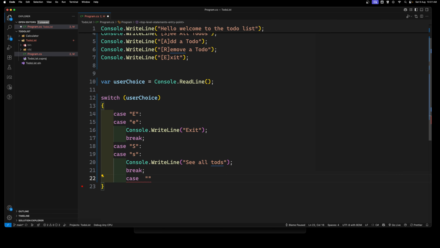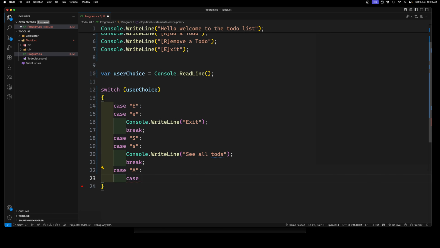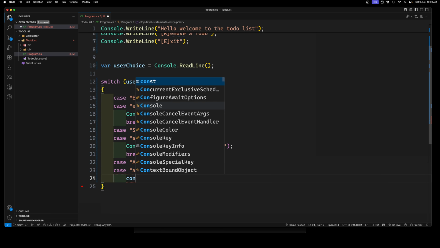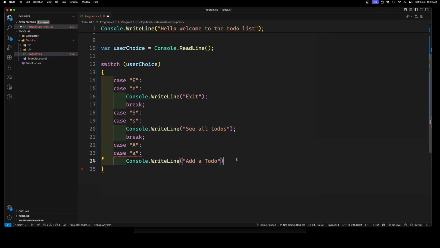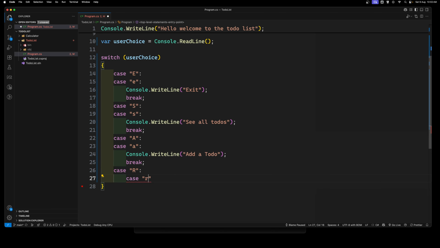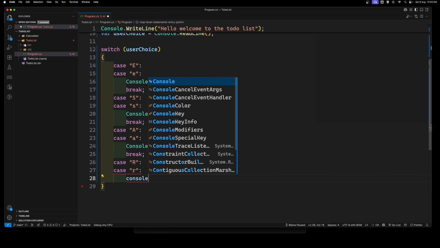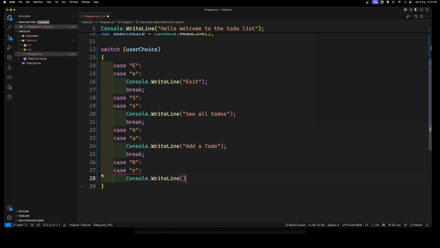What is that one? Add. So if it is case a, console.WriteLine add a to do. So this is one way. And here also I can use the break. And here you will be having case s finished, right? And the last one is case r, console.WriteLine remove,